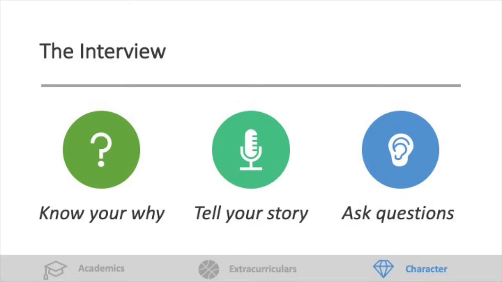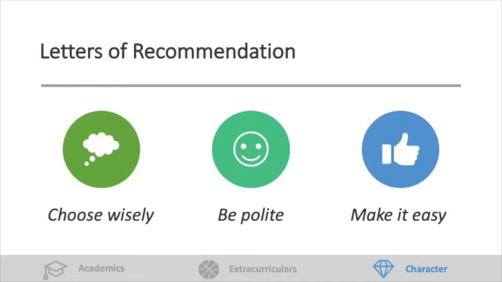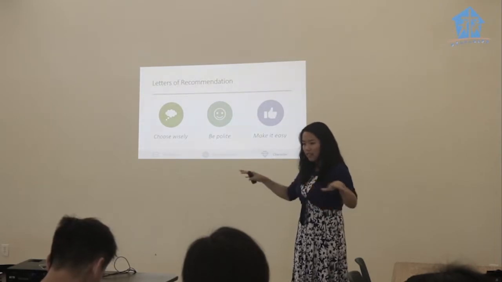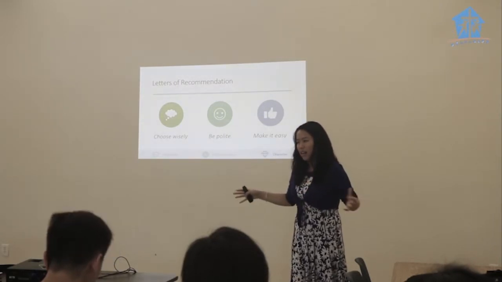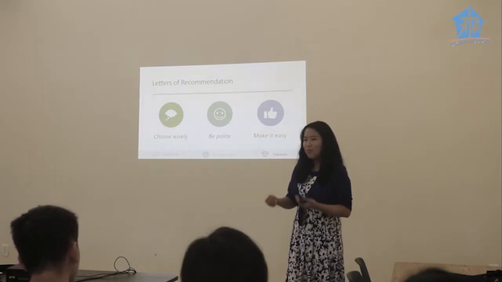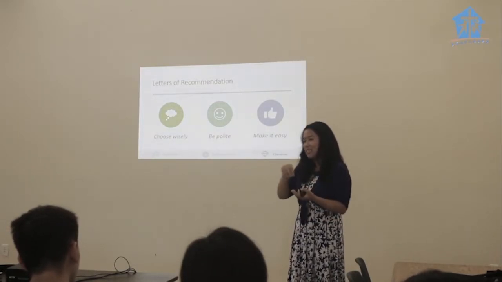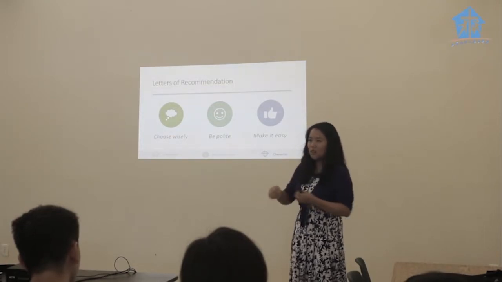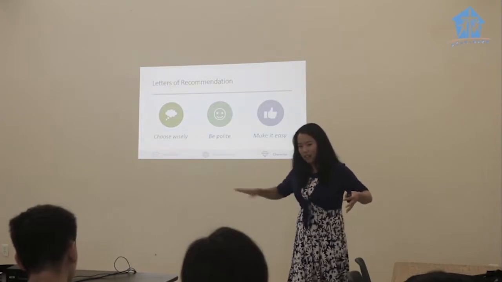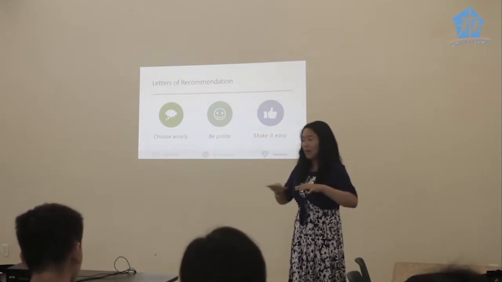Okay, so we've talked about the interview, and I'll talk about letters of rec. Just a few tips to think about when you're doing letters of recommendation. So first, choose wisely. I like to think of breadth and depth. Breadth is a wide variety of people. I could ask 2 tennis coaches, but how would that really distinguish me? I feel like they would say the same things, right? If I ask a tennis coach and a computer science teacher and a history teacher, that gives me a wide breadth, a sort of horizontal span.